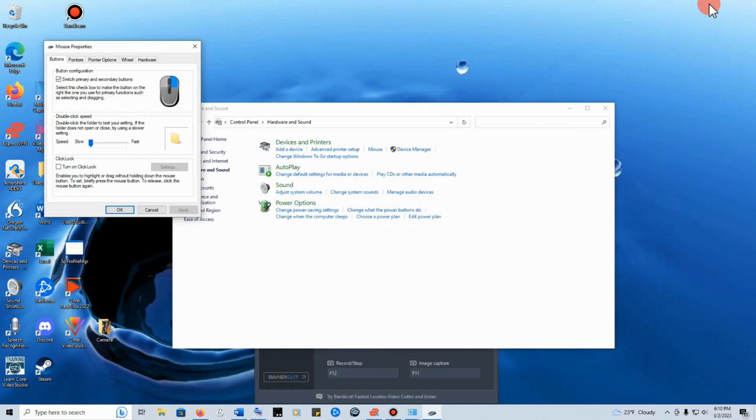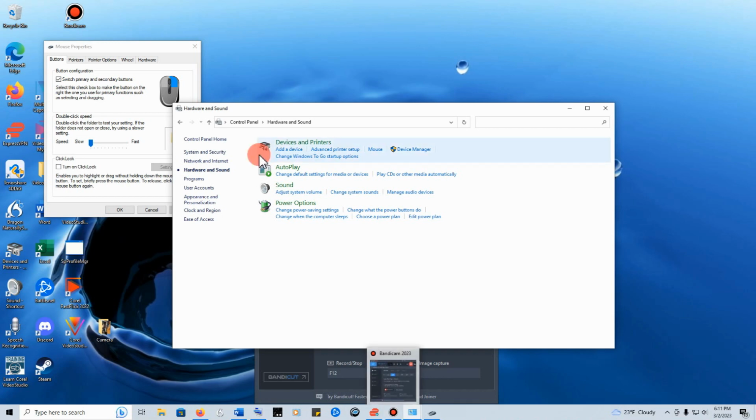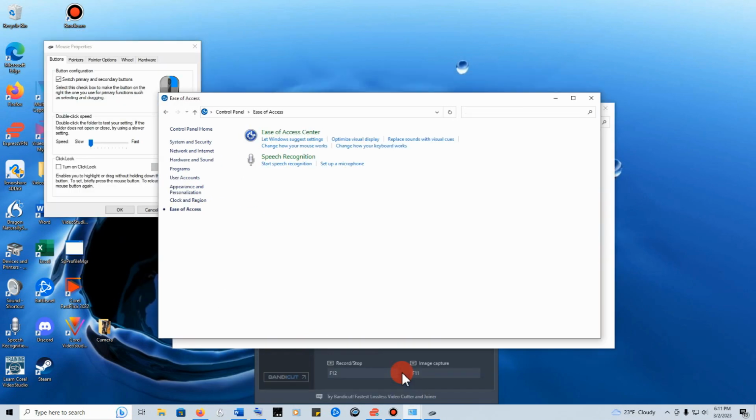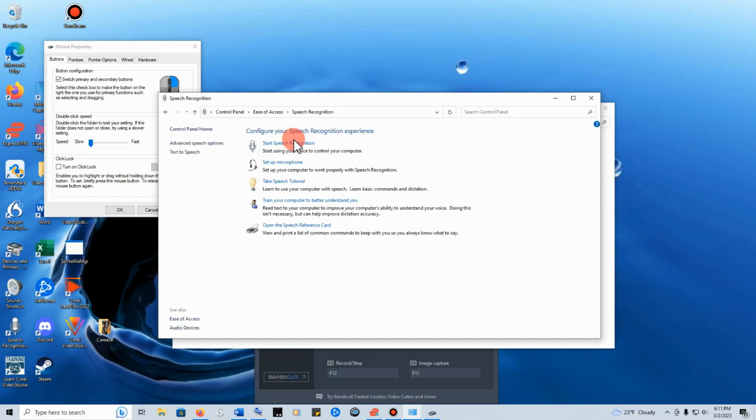And the next thing is, I think, the voice. The voice, that's the other thing. So, how you access that is you go to the control panel, you go to ease of access, which I've got another link, and just bear with me for a second. So, yeah, the control panel, then you go to ease of access, then you click on speech recognition, and